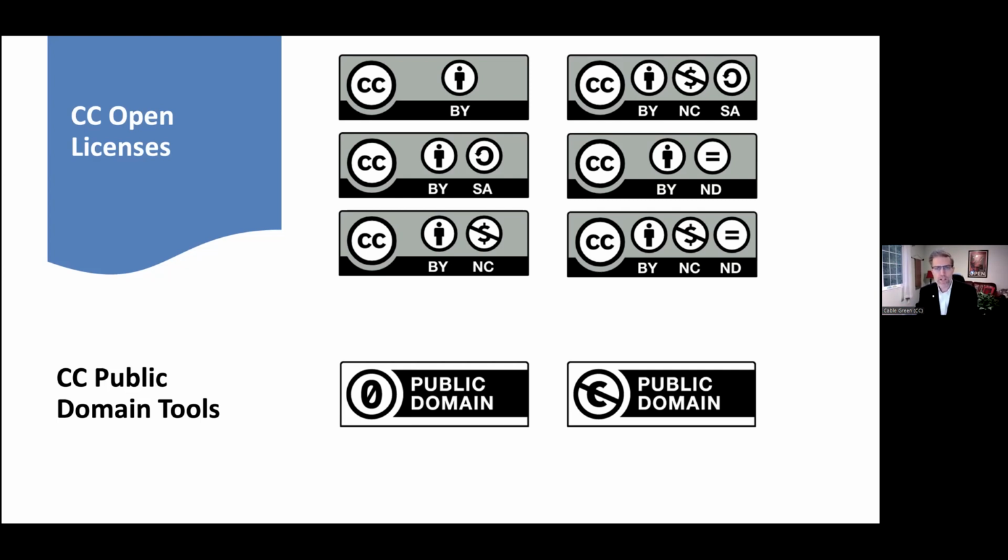So let's talk through the licenses. The licenses, as you can see, have these different options. So CC stands for Creative Commons. The BY license, or the by attribution, means attribution or giving credit to somebody. So this book is by Cable Green. So you see that all of the licenses have the BY condition on them. What that means is that if you use somebody else's Creative Commons licensed work, you have to give them credit.